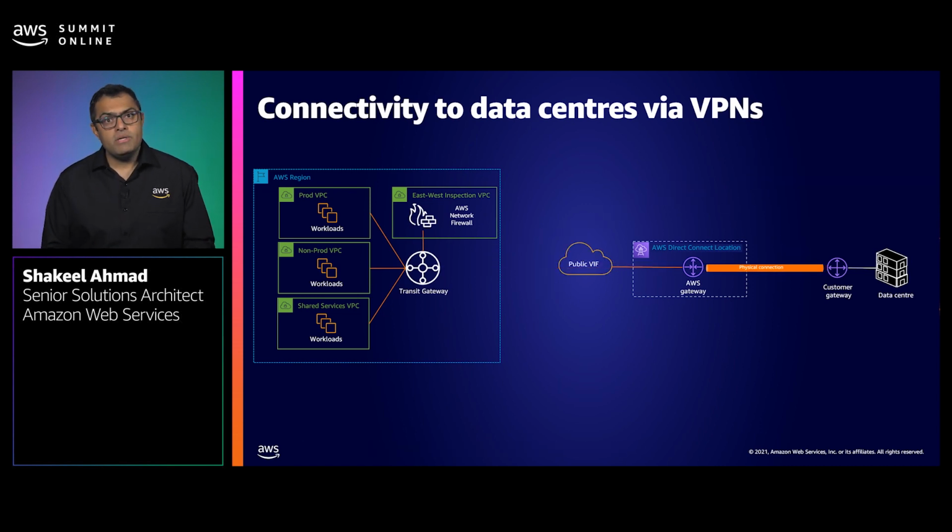Now, you may have a requirement to actually have reliability, but also want to use encryption on AWS Direct Connect. So you can leverage AWS Direct Connect public VIF to establish a VPN to Transit Gateway, which will allow you to encrypt that transit traffic between your data center and AWS. And using AWS Direct Connect public VIF will allow you to have a very consistent experience as compared to connecting via the internet.